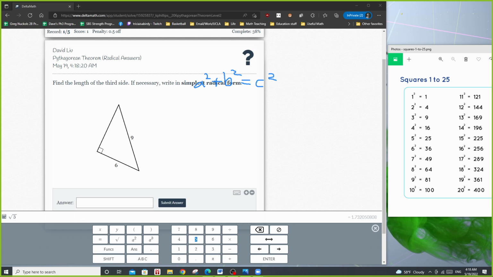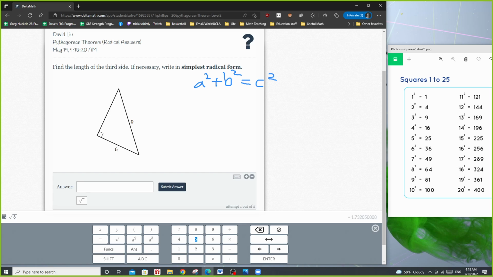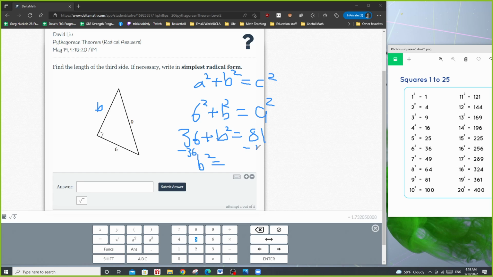So we have, this is a leg, so let's call this one B. So this is 6 squared. And it doesn't matter whether you put A or B, as long as these are the legs and your 9 is the hypotenuse, okay? Let's multiply it. 36 plus B squared equals 81. B squared equals 81 minus 36. So remember, I subtract 36. And I get, that's